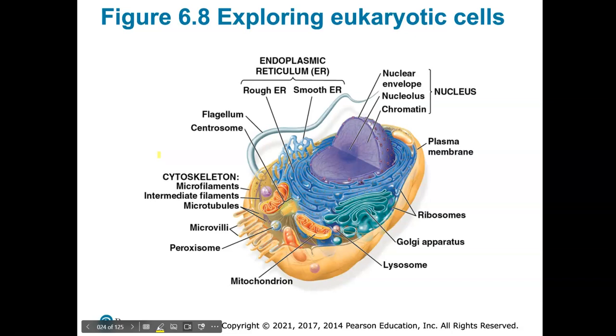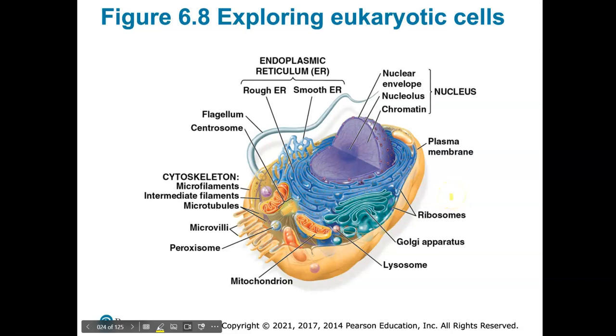And then this is an image of a typical animal cell, eukaryotic cell, and you can see the structures. We're going to talk about all these different structures and what they do, but I just want to show you what they look like. So in this typical animal cell, or typical eukaryotic cell, I know it's not a plant cell because I don't see any chloroplast and it doesn't have a cell wall. So a typical animal cell is going to have a plasma membrane,